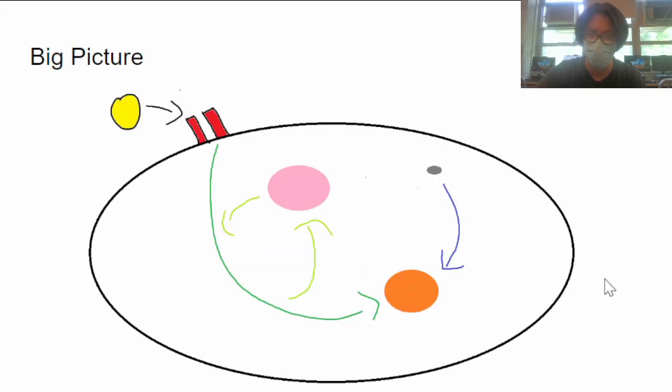So the big picture: mTOR is a regulatory protein and is divided into mTOR complex 1 and mTOR complex 2, and they regulate cellular processes like gene expression, protein synthesis, and cell division. mTOR can be activated through growth factors like insulin, as shown with the yellow dot, through PI3K, which activates mTOR complex 1, and amino acids, as shown with the gray dot, can also activate mTOR complex 1 through